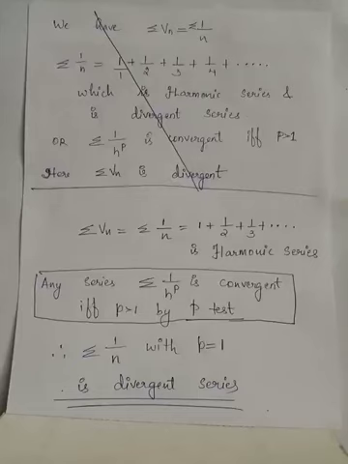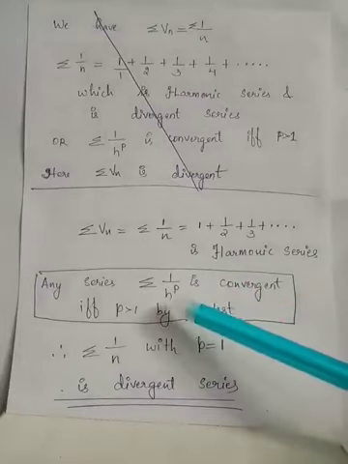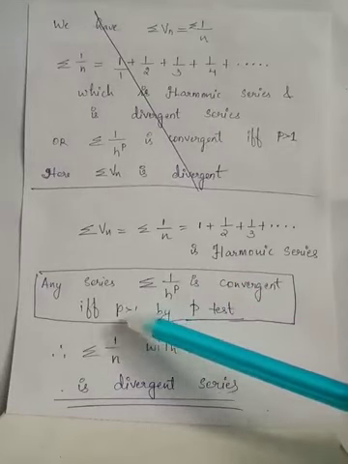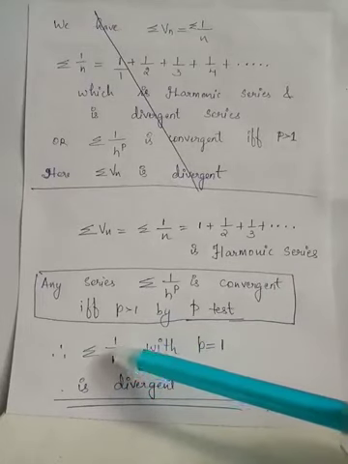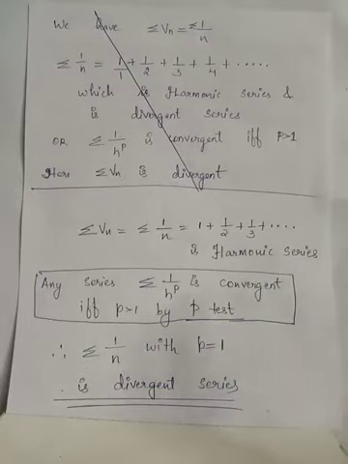There is an easy way to memorize that summation 1 by n is divergent, because we have a popular test of comparison, the p-test, which says that if you have a series summation 1 by n raised to p, and if p is strictly greater than 1, then the given series is convergent. Here you can see that summation 1 by n has the power p equals 1. Since this p is not strictly greater than 1, summation 1 by n is divergent. Since the selected series, which is the familiar series harmonic series, is divergent, we conclude that the given infinite series is also divergent.